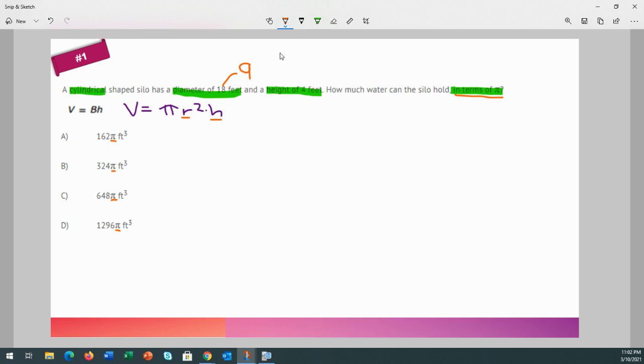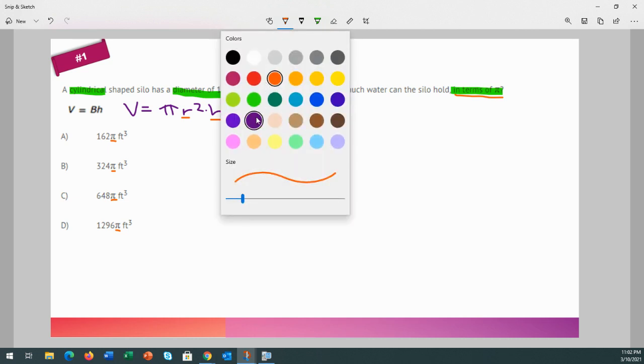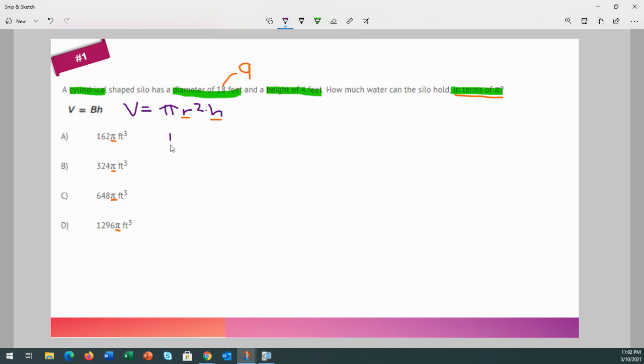Okay, so let's just plug in what we know. I gotta get back my purple pencil. Okay, we're going to plug in what we know. So pi, we're leaving it alone, times the radius squared. The radius is 9, so times 9 squared times the height, which is 4. Right? So let's simplify that even further because we know what 9 squared is. So pi times 81